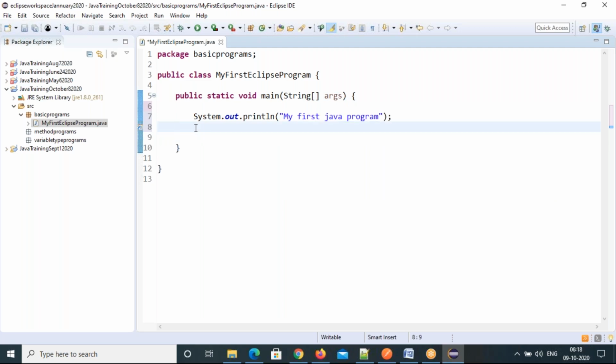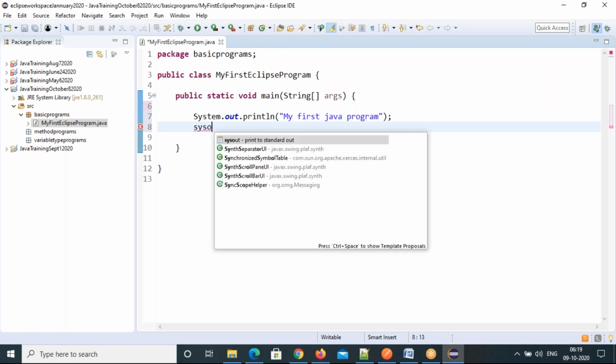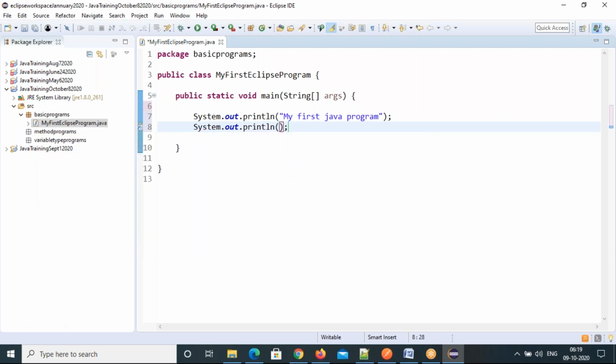There is a shortcut for System.out.println. What is the shortcut? Just write SYSO and press Ctrl and space bar at a time, then press the Enter key. This is the shortcut. Can you try again? Type SYSO, Ctrl space bar, with 2 fingers: one finger on Ctrl, another on the space bar. Press Ctrl space bar at a time, then press Enter, and you will get System.out.println. You don't need to write it completely. If you are not getting it, write it as we wrote it in the beginning.